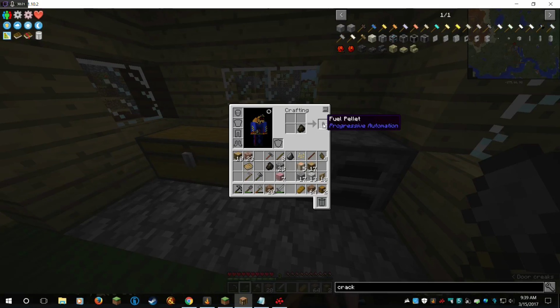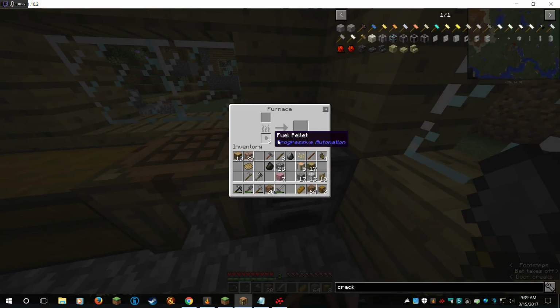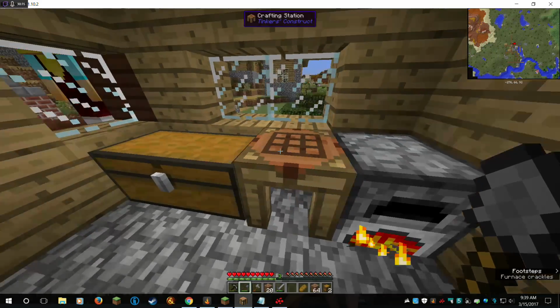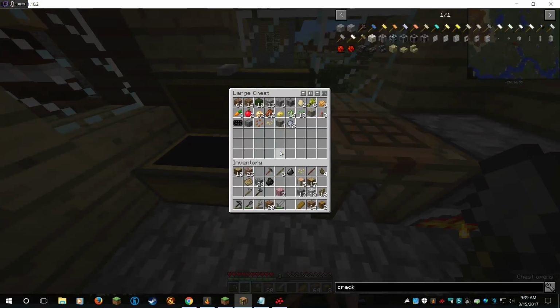So what I'm going to do is make some fuel pellets. And I'm going to put those in there and just cook up the... I need 4 smooth stone so that I can make the stone bricks. Do I have everything else? I do. So the next thing to do is go...